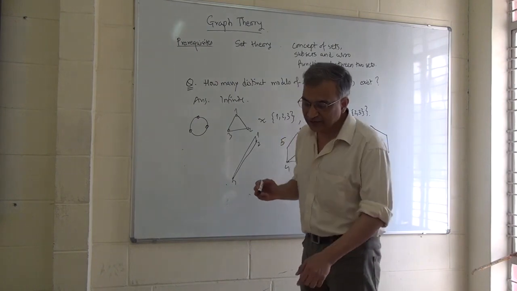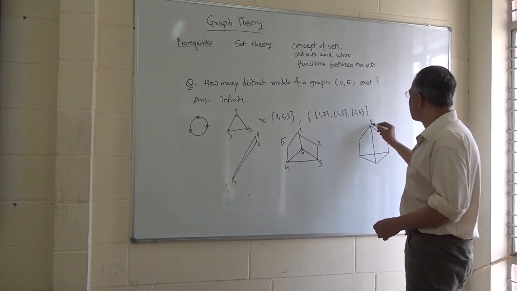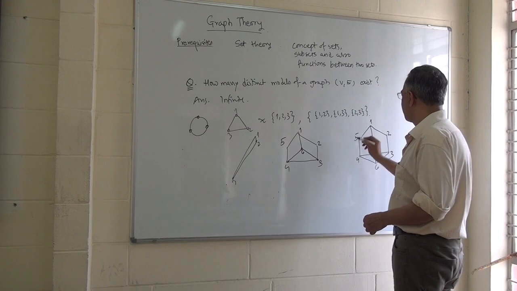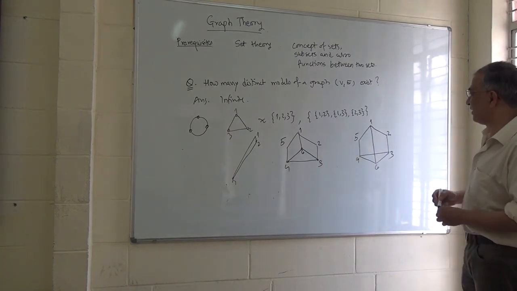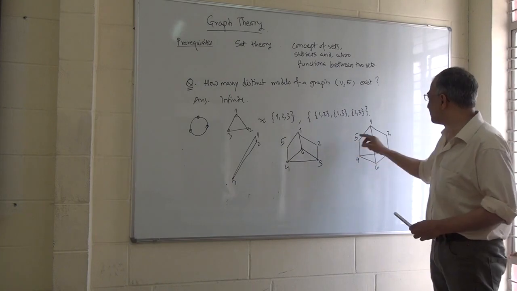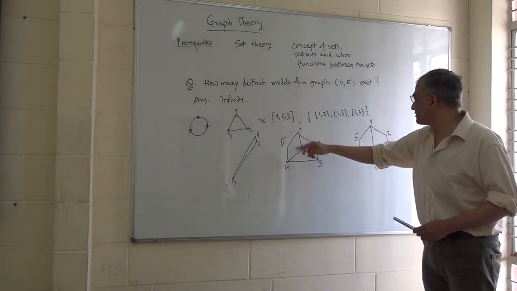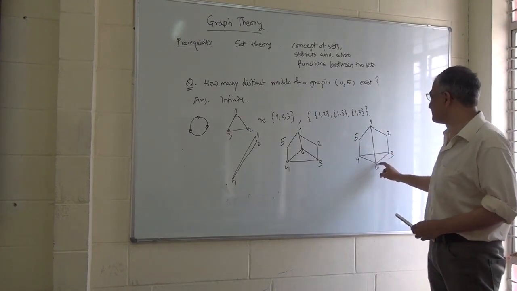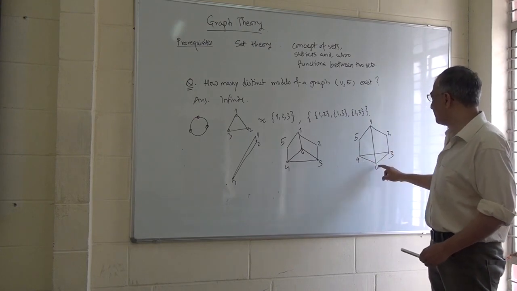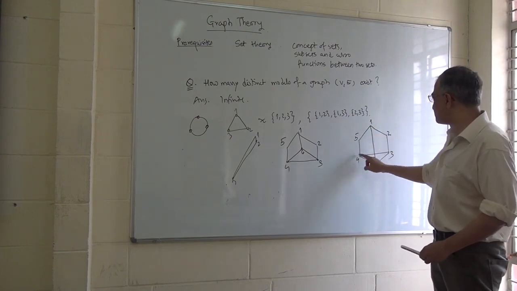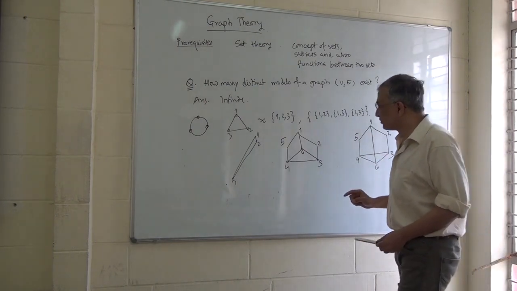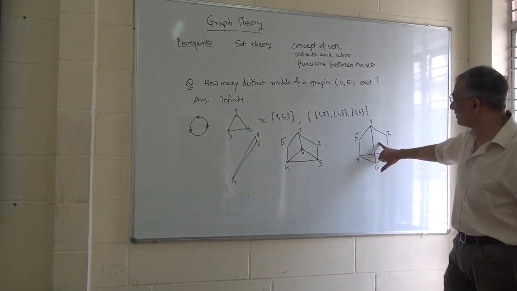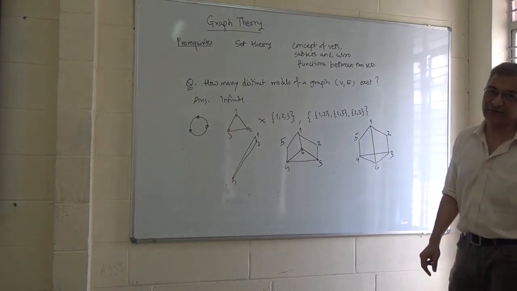So how will you say these are the same graphs? We will just number the vertices here like this: 1, 2, 3, 6, 4, 5. Just look at this numbering now. The subsets are still the same: {1,2}, {1,6}, {1,5}, {2,3}, {3,6}, {3,4}, {6,4}, {4,5}, {1,5}. So if you look at this data of vertices and 2-subsets, the data from this model and the data from this model is exactly the same.